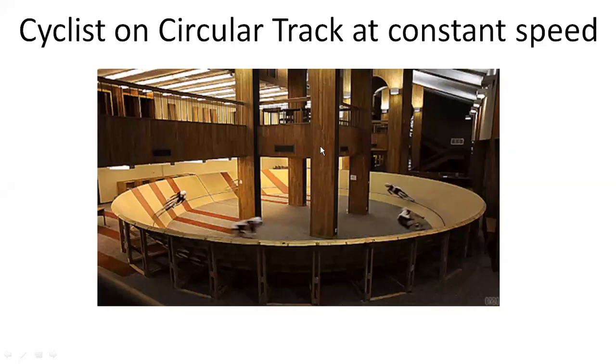Cyclist on circular track. So see, these people are traveling in circular direction. Okay? So obviously a circular motion. But how can we say that they are maintaining that speed? That is the speed same? So what word I have used here is constant speed.